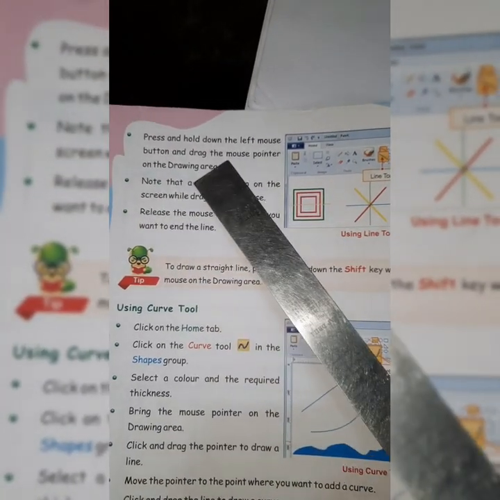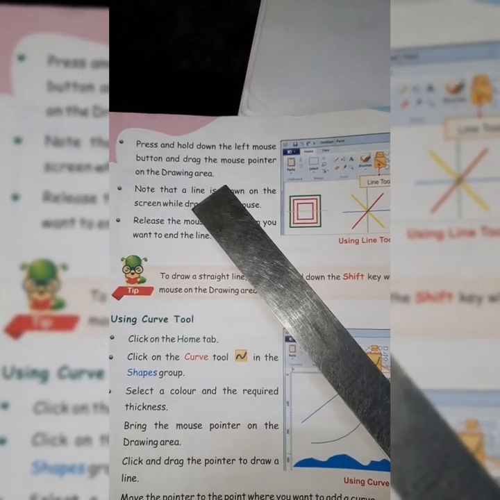Now press and hold down the left mouse button and drag the mouse pointer on the drawing area. Now you have to press the left mouse button, keep it pressed and drag the mouse on the mouse pad, and it will draw a line in the drawing area.